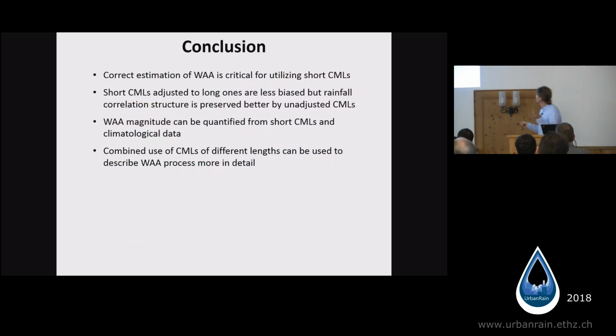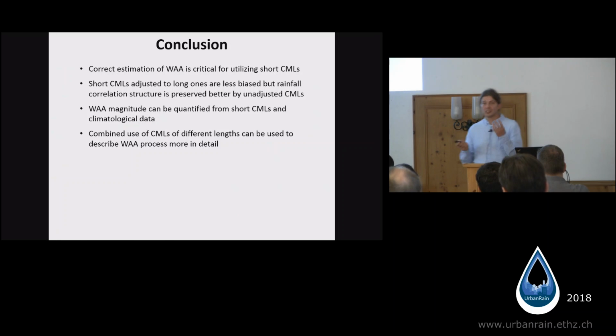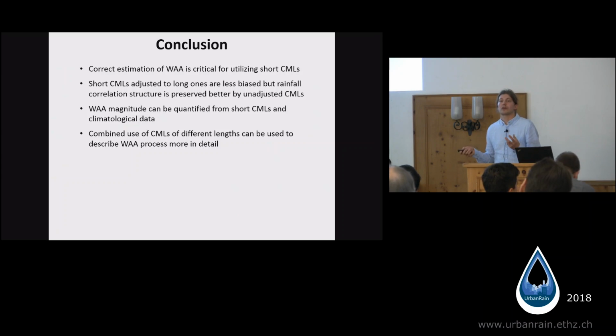So just to conclude, correct estimation of wet antenna attenuation is really critical, especially for those short links. And we are interested in short links because we want to do rainfall runoff modeling with them. If we adjust them to long links, it kind of works, but we destroy this correlation structure, and it's not good for capturing the strong rainfalls. But there are pretty promising possibilities to quantify that antenna attenuation even when there is no close-by rain gauge, or with this combined use of long and short microwave links, we actually don't need any rain gauge, and we should be able, at least to some extent, either to correct for this wet antenna or quantify possible errors caused by this wet antenna effect,